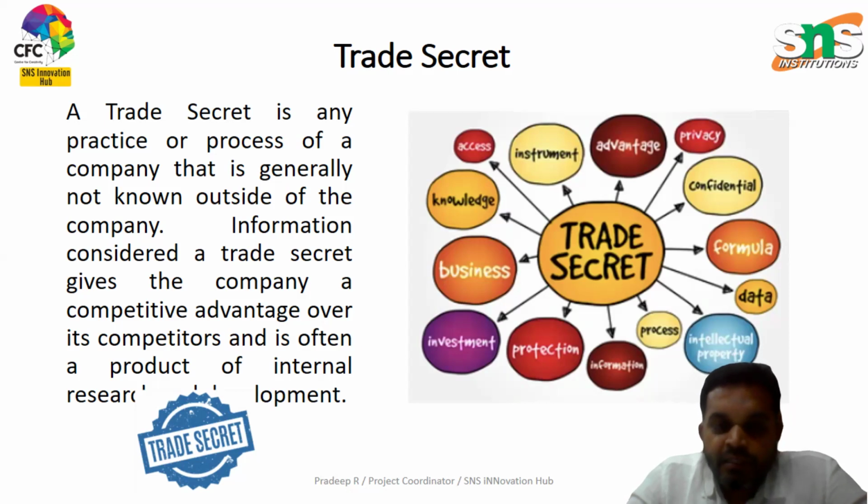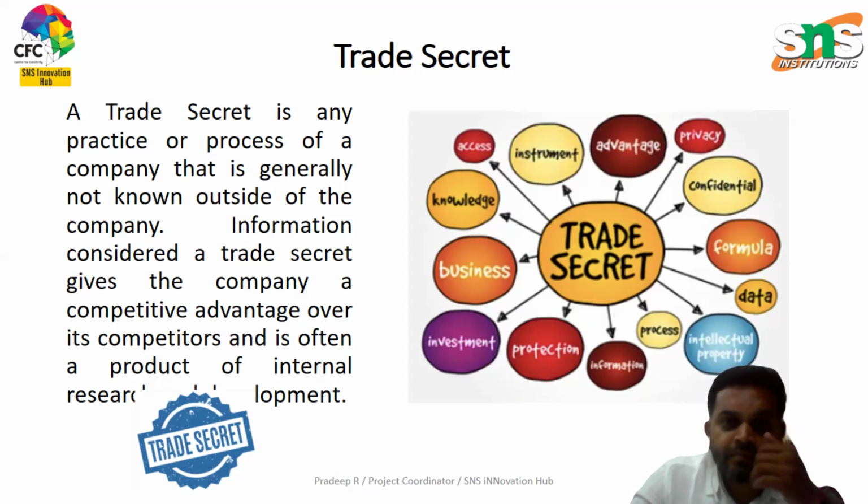If someone is breaking that, definitely we will be getting the royalty and other things from that. We can even keep our process as a trade secret. We can even keep our own IPR as a trade secret. It can be registered and kept under utmost secrecy. This is purely for privacy and to maintain their own standard in the market, because research and development is the most important part for an organization. When a company comes to the market with a product, the same product will be launched by some competitors also. If the formula and other things are maintained properly,